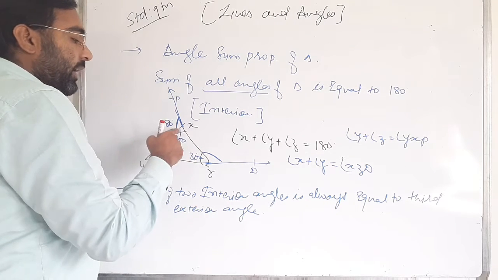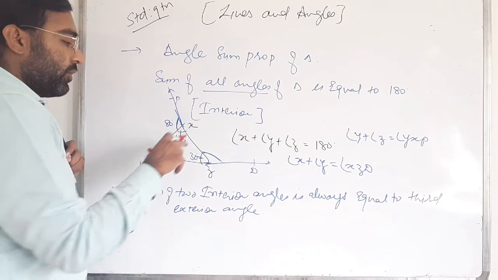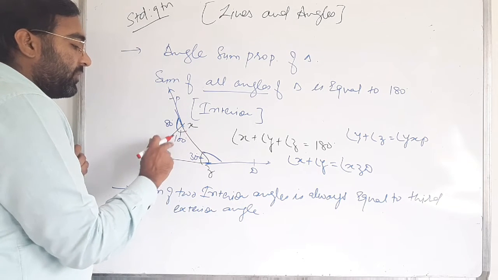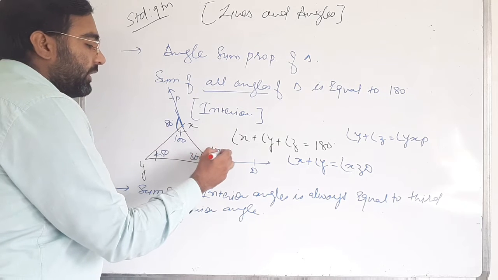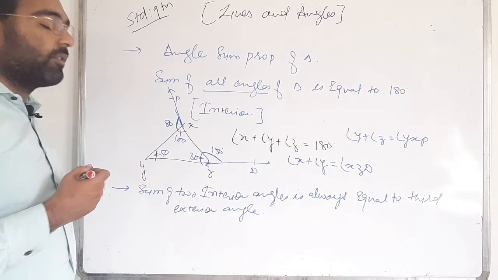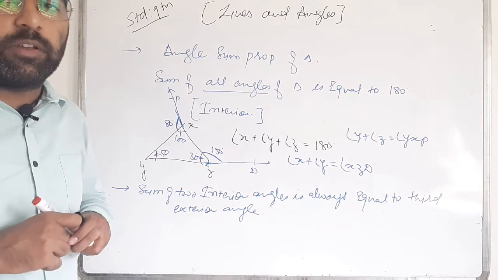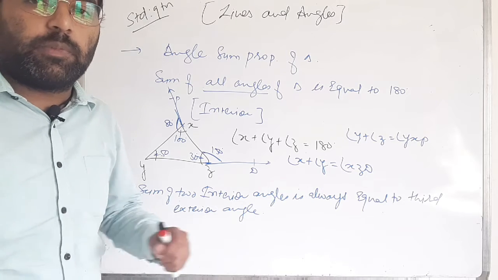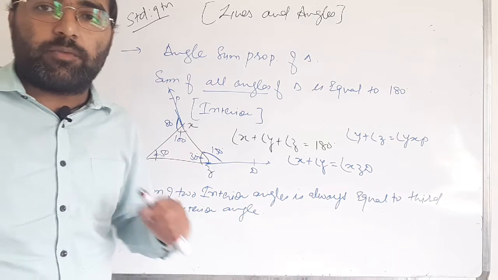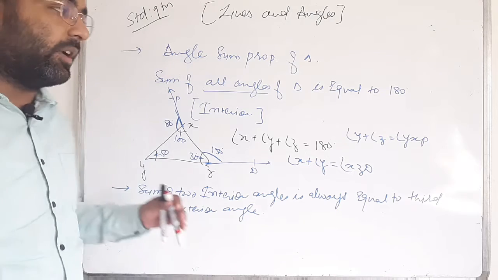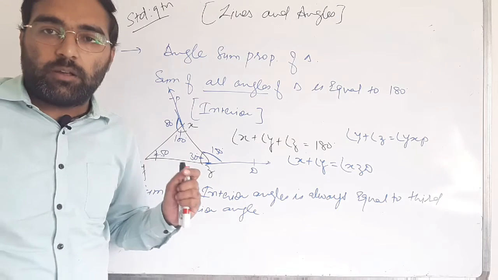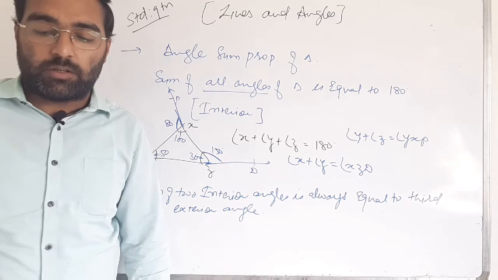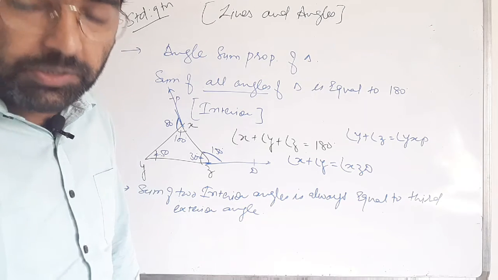Here my angle x is given as 100, so my angle XZD, that is the sum of the two interior angles, 50 plus 100, is 150 degrees. That is 50 plus 100, 150 degrees always. Clear? That's the concept of the triangle. That's the basic concept of triangles, which I already learned in standard 8th. Now we have to move to exercise 6.3.